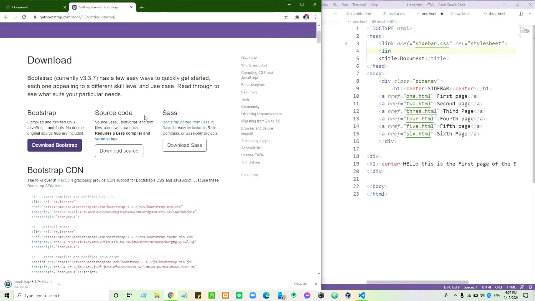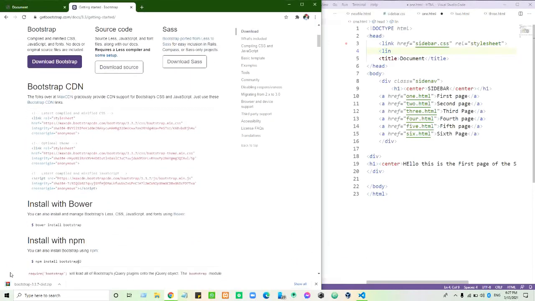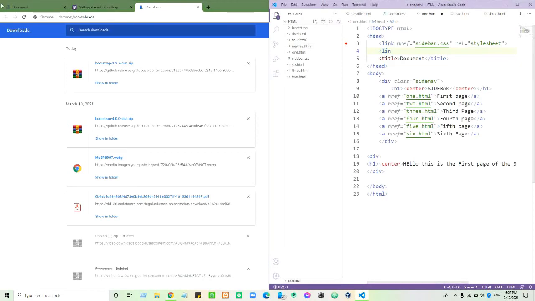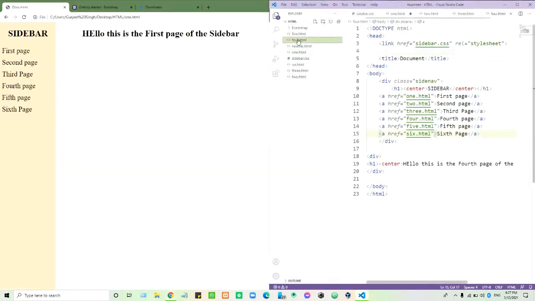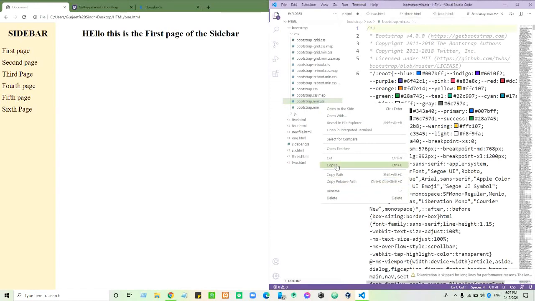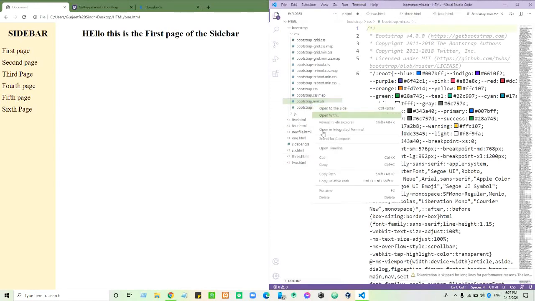Click on download and it will start downloading. After it downloads, extract it into your subfolder and you can use it then. Like I have it in here, Bootstrap, and I can use its CSS part, that I am going to use right now. That is